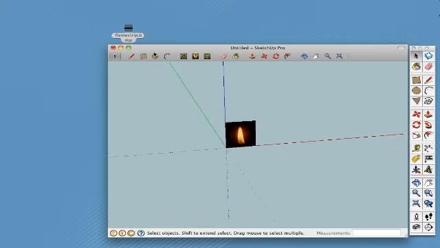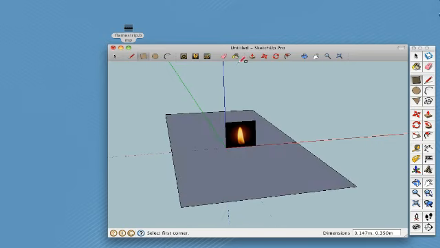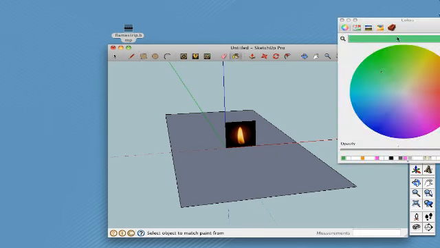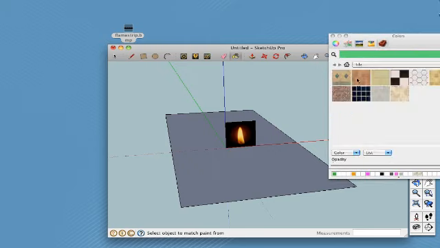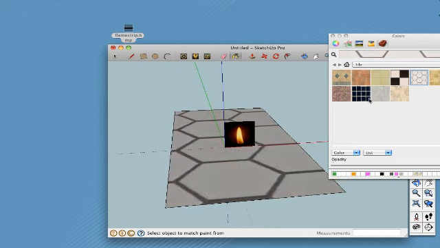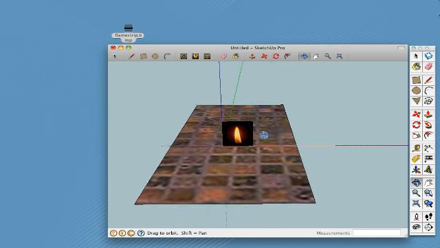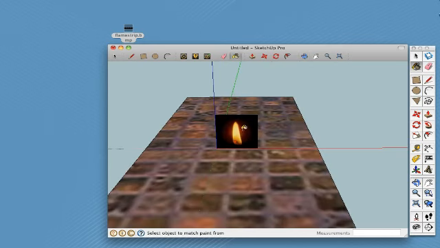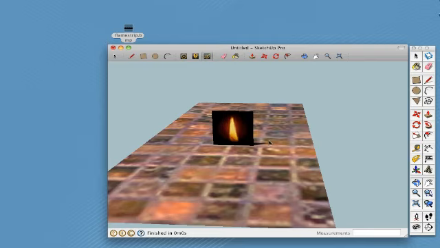So if I just create a little plinth here, and we'll paint it with something nice. So I've got a little plinth here, and if I press Tour Tool again, you see now we've got our